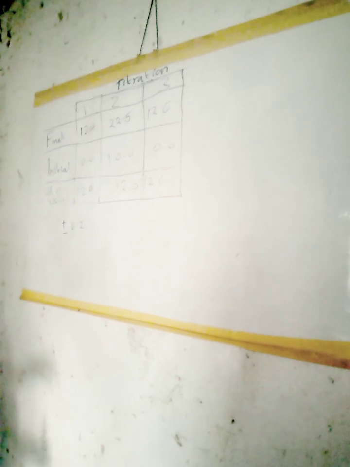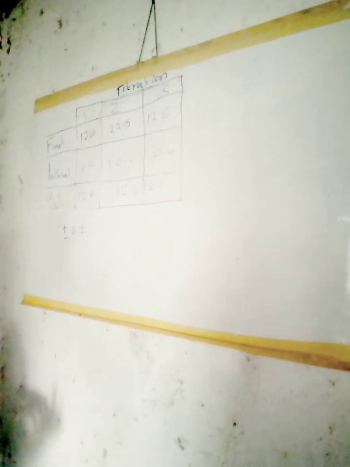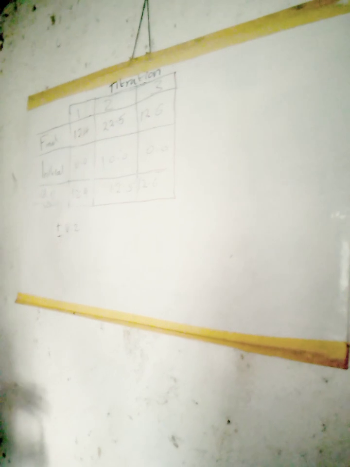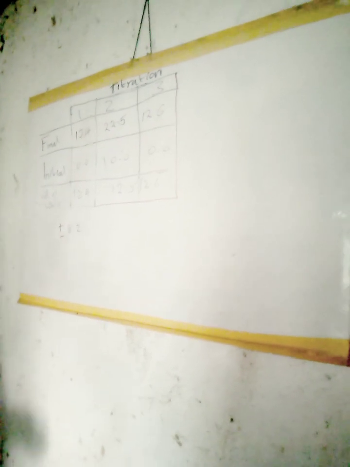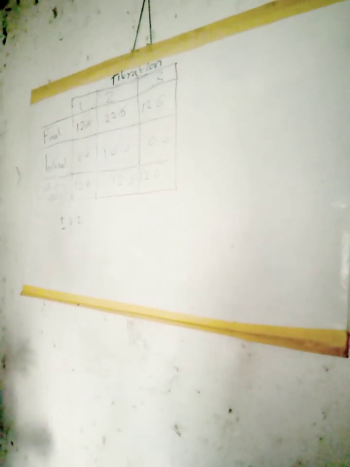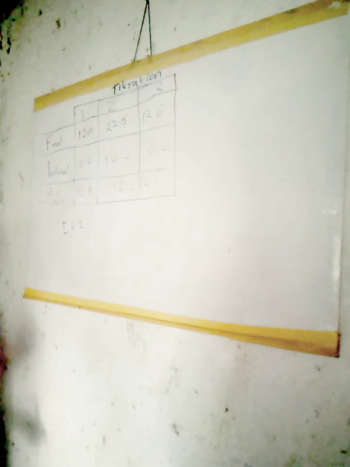Then number 3 is the number of decimal places. The number of decimal places should be 1 decimal place for you to earn a mark. So those 3 things, you keep at the back of your mind before you start answering a